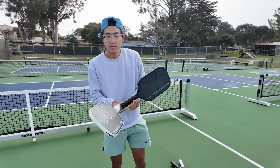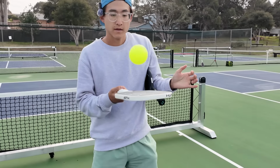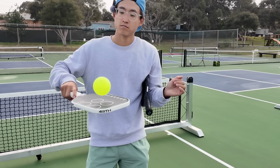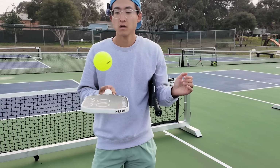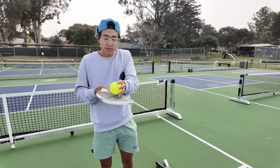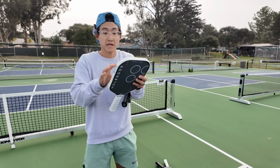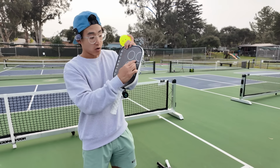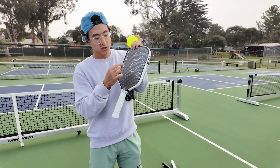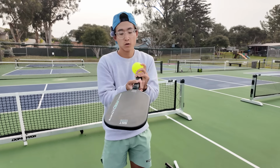So just a really quick demonstration on the deflection of the paddle and the poppiness of the paddle. This is the Metallic Aero. So even as you're just kind of testing it out and feeling how it comes off of the paddle, it feels pretty stable. It has a really nice full sound, and the sweet spot is pretty big. You could hit almost all the way over here on the paddle, whereas most edgeless paddles, I feel like the sweet spot's really quite small. Now if you take a look at the gearbox,